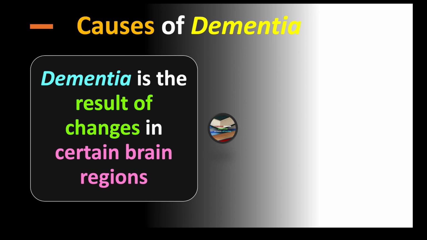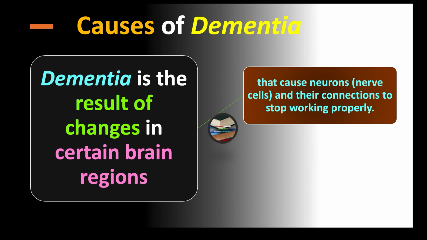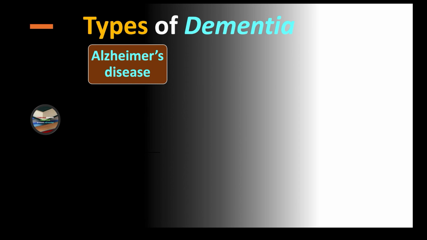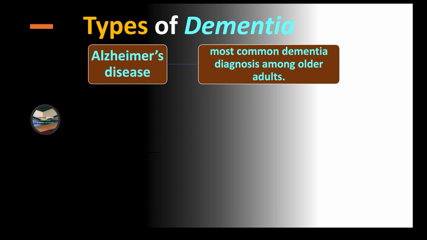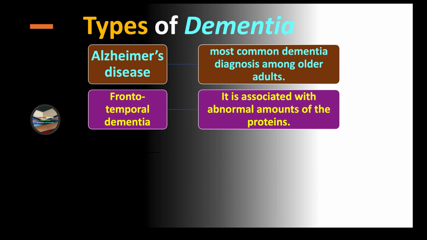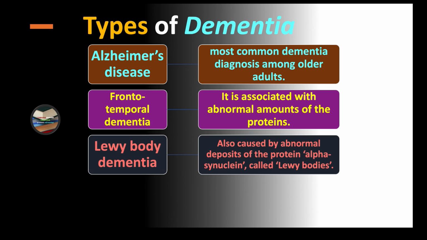Dementia is the result of changes in certain brain regions that cause neurons, nerve cells, and their connections to stop working properly. For a small number of people, rare genetic variants that cause dementia have also been identified. Types of dementia. The first one is Alzheimer's disease. It's the most common dementia diagnosis among older adults. Frontotemporal dementia. It is associated with abnormal amounts of the proteins in the brain. Lewy body dementia. It is also caused by abnormal deposits of the protein